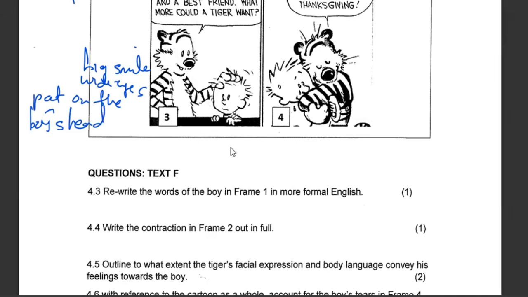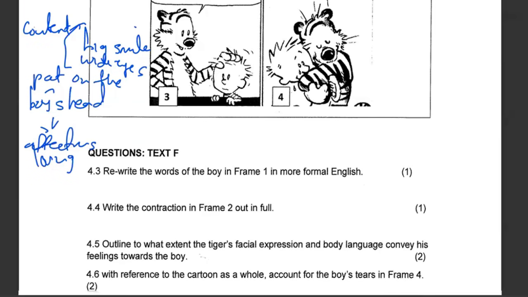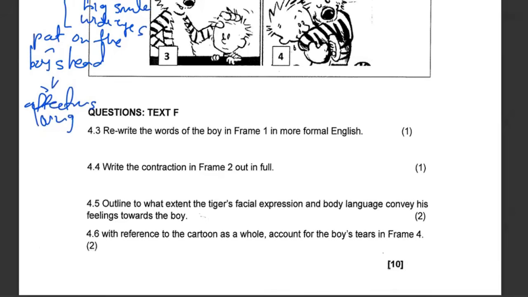And therefore, what are we talking about? What did the big smile indicate? I believe he's very content. He is content with their relationship. And I believe the pat on the boy's head was showing affection. So I believe our answer said his feelings towards the boy. So I believe he's very affectionate of the boy, loving as well. If you felt that way, it would also be applicable anyway, because we do that to people that we value and that we love, just as your parent will pat you on your head to show their emotion of love